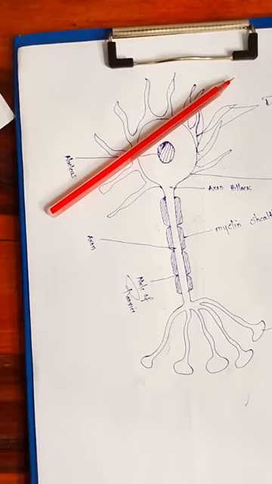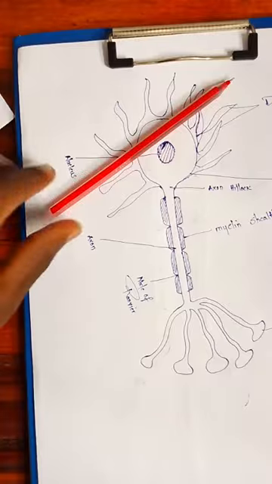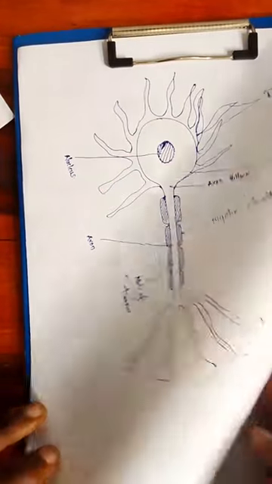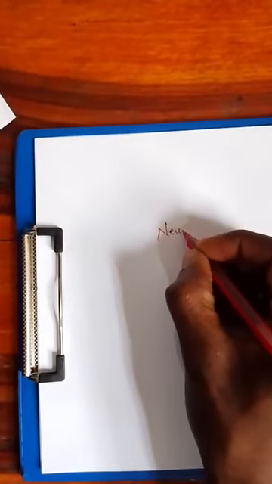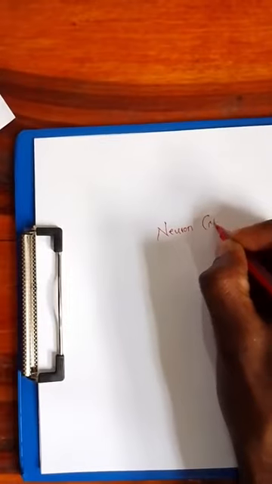Basically, the nervous system is made up of two types of cells, just like we learned in anatomy. We have excitable cells and non-excitable cells. In short, the nervous system is made up of the neurons and the neuroglial cells. And we said that these neurons, which are also known as nerve cells,